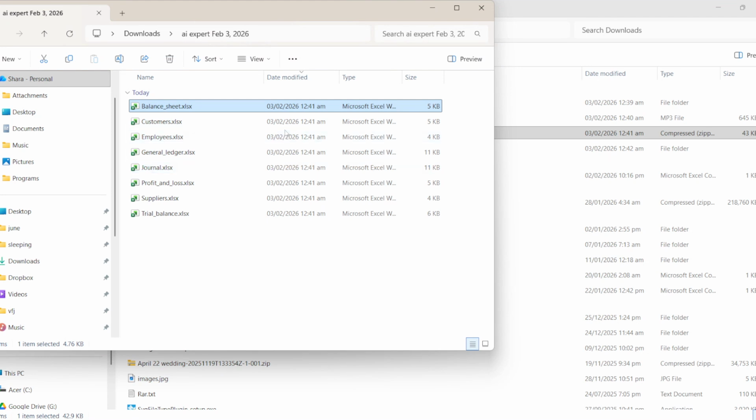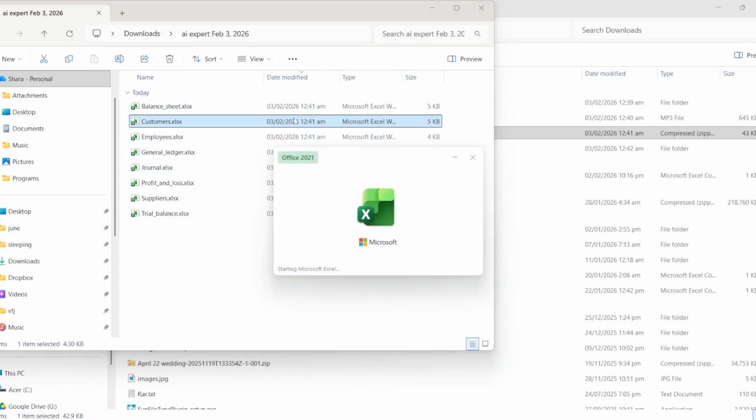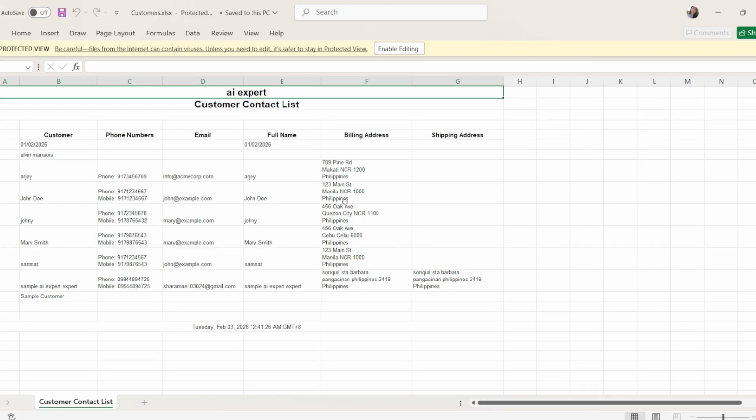And that's it. You've exported a report from QuickBooks Online and opened it in Microsoft Excel, ready for analysis and